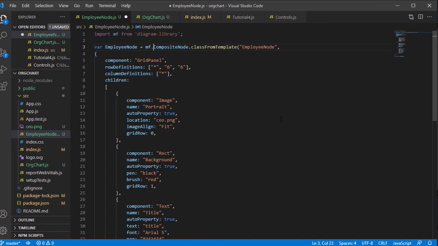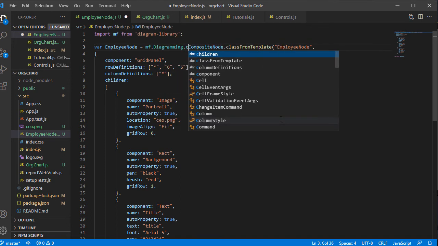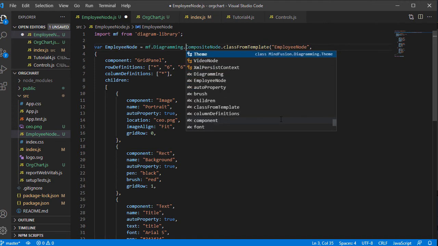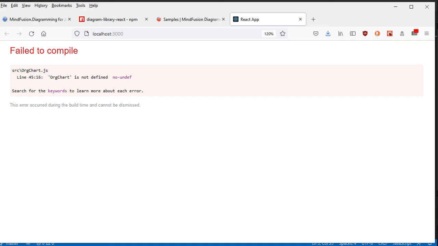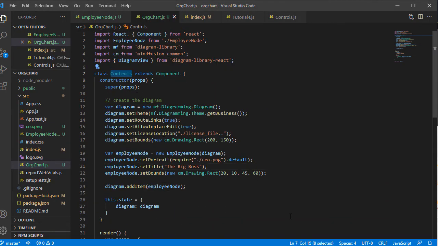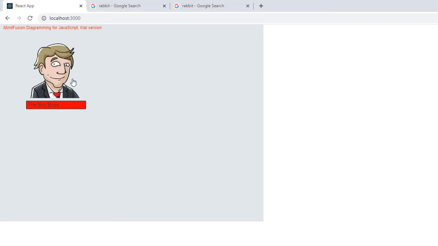Of course, it is not defined because we've referenced it without its namespace. The org chart is not defined. Let's look this one. Here it is. We have forgotten to rename our class. With that, all errors are gone, and here is our application.